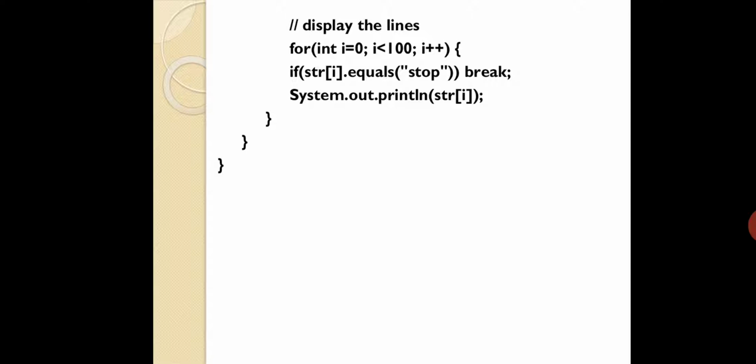Why have you used that conditional statement before the printing? Because some users have the habit, isn't it? In the first line only he can give stop. Now if there is no information to display, then what are you actually trying to print? So first it will check if the line is stop or not. If that line is not stop, then definitely it will go for printing the lines present in that particular string array. That is the meaning. That's why you have given that if, str[i].equals("stop"). Okay, so that is the syntax you have to use.